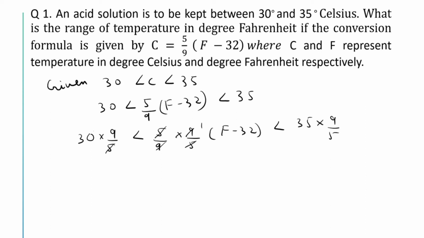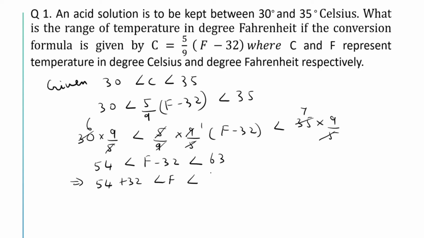And here 54 less than F minus 32 less than, here we will get 63. So this implies 54 plus 32 less than F less than 63 plus 32,